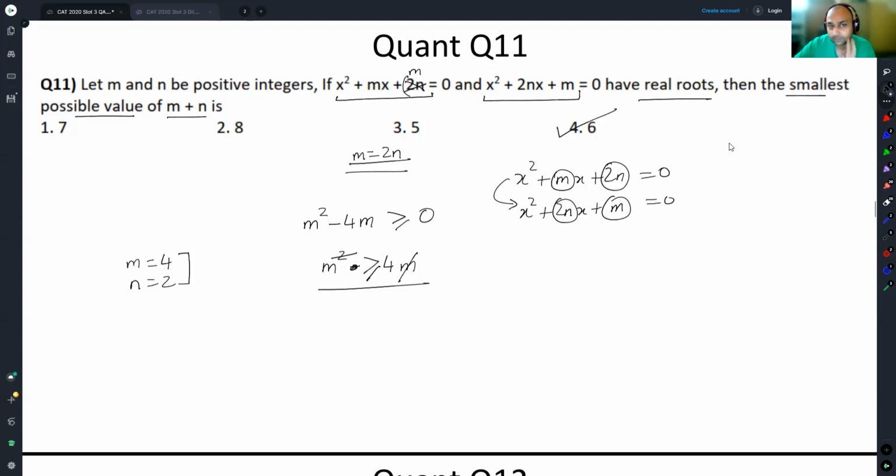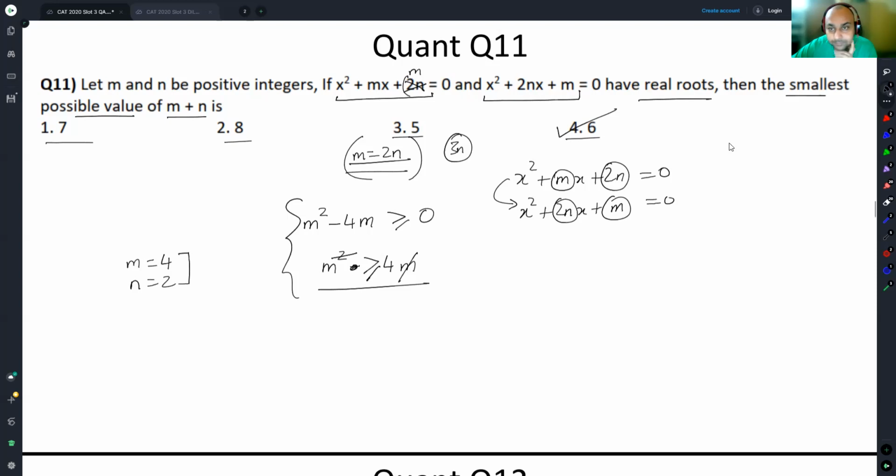Another thing, if you can see, as soon as we reached this point, could you see that only option 4 could work? If m is equal to 2n, then the total summation has to be 3n. There is only one multiple of 3 given in the options. It has to be that. Let's go. Then you don't need to engage in this processing of whatever is real or non-real and everything.